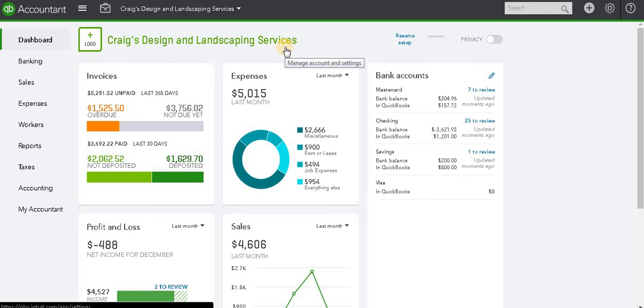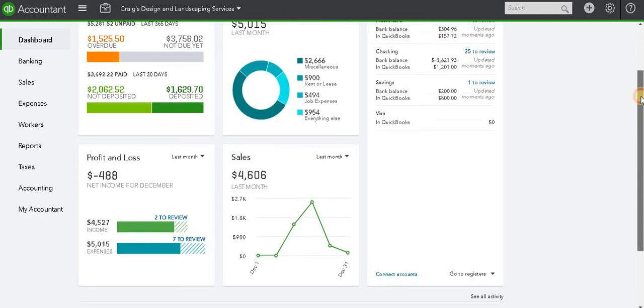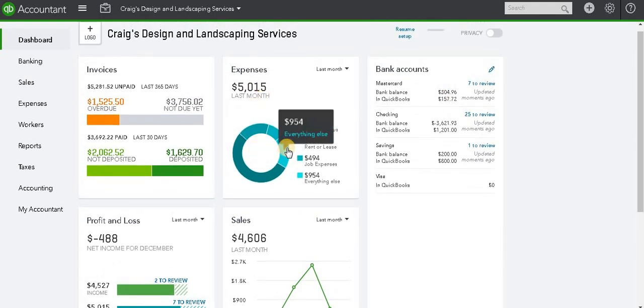And what we are seeing now is a QuickBooks Online dashboard. In this home page, we can see the Invoices tab, Expenses, Bank Accounts, Profit and Loss, and Sales. From looking at the dashboard, there's so many things presented here,